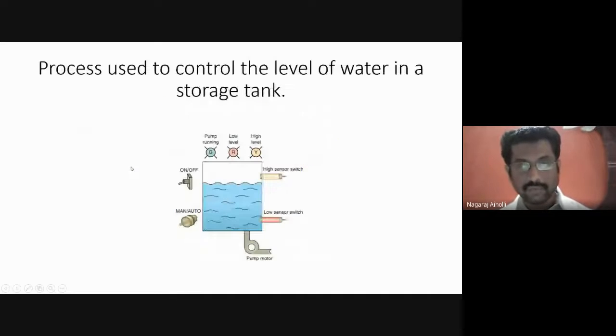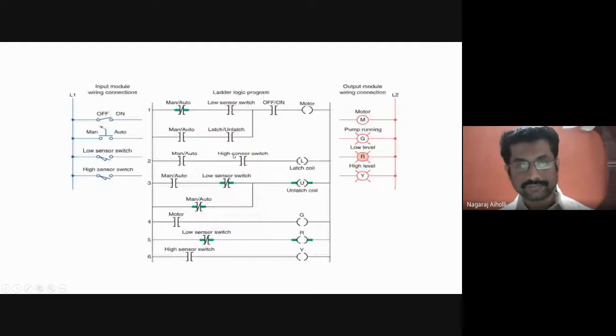When the level of the tank is low, the sensor switch is activated and the red LED will glow. The red indicator will glow, indicating low level. But now some water has reached into the tank. It is almost in the normal or high state, and hence the switch connected to low level, the red switch, will be in the off state. It will go to the unlatched, off state. That is what we have done here. The low sensor switch is going to off state. It is not turned on.